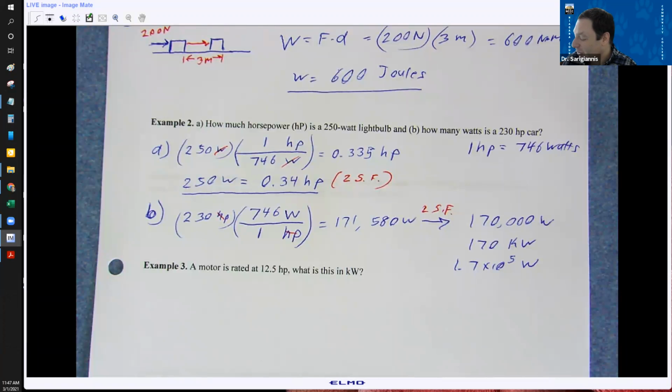Yeah, so that's a good point. Even internal combustion engines. However,